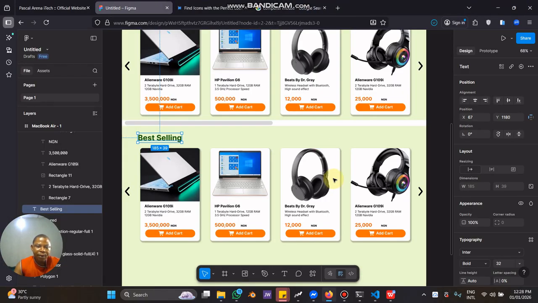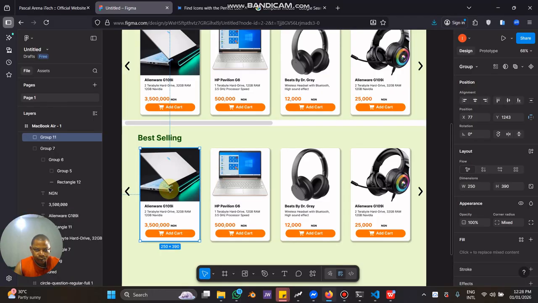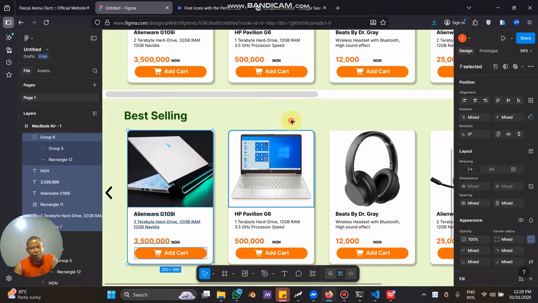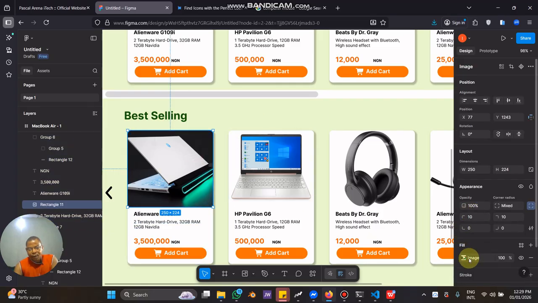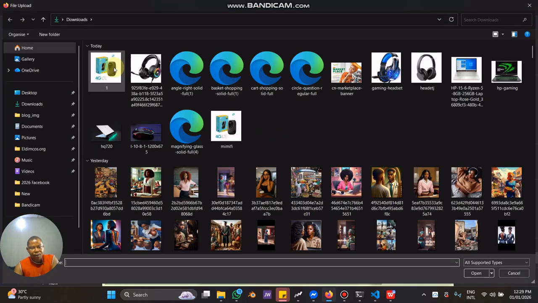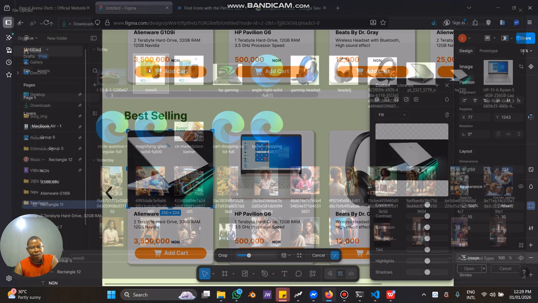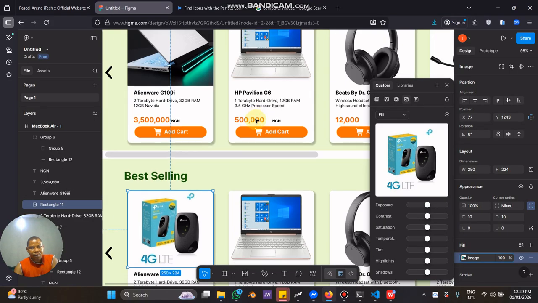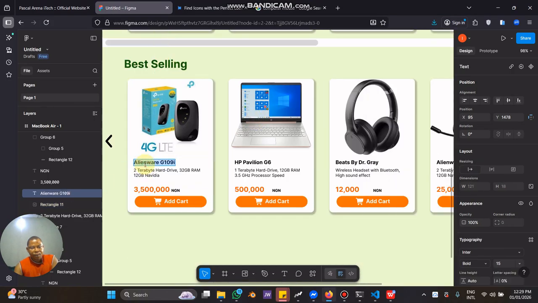So let's work on it. On group, click, attach the image. Call it for